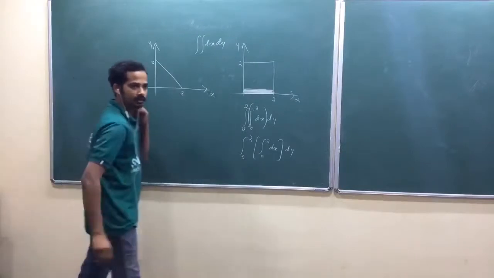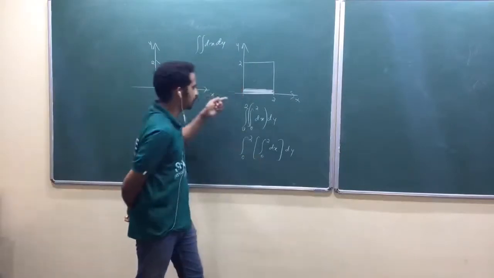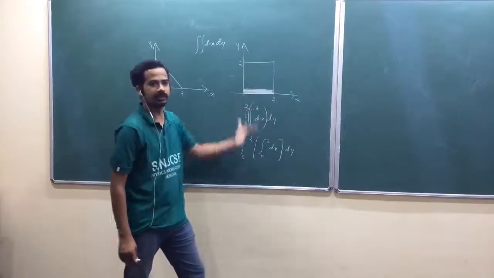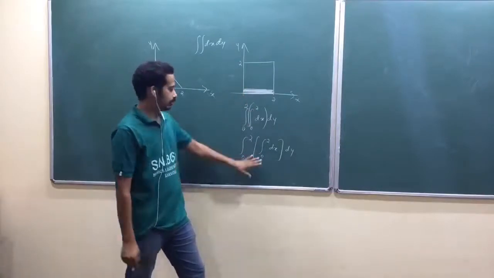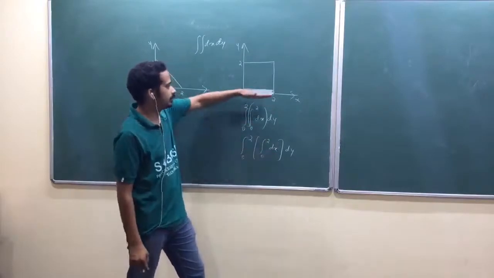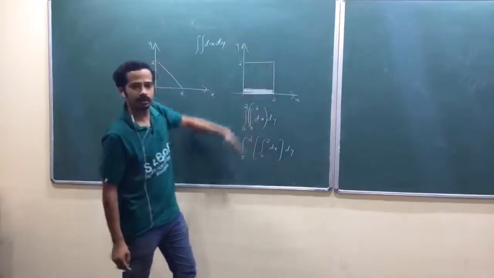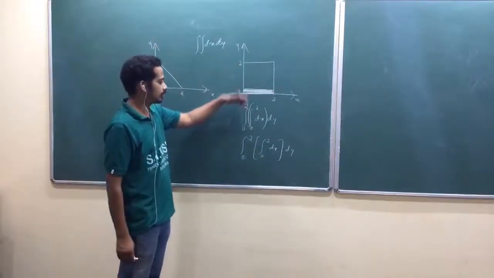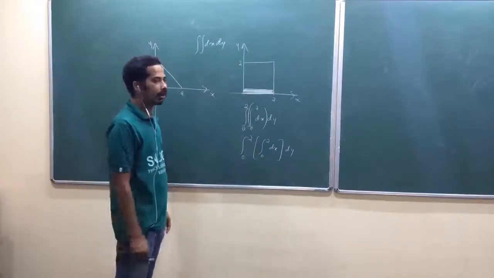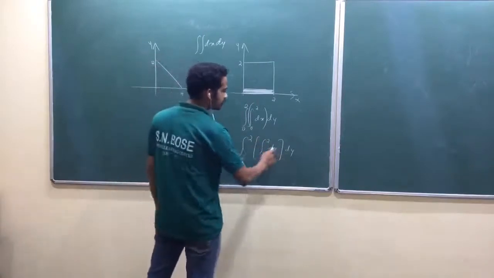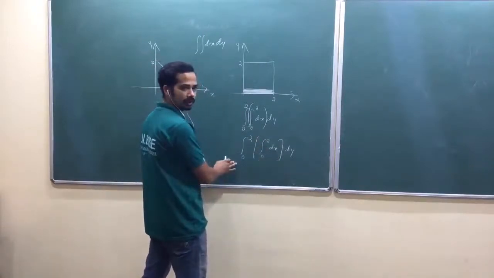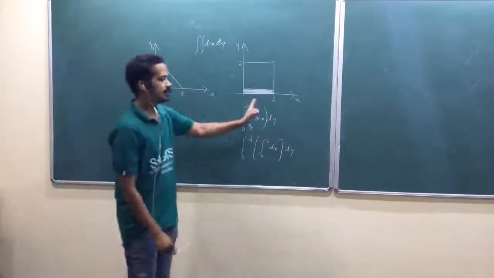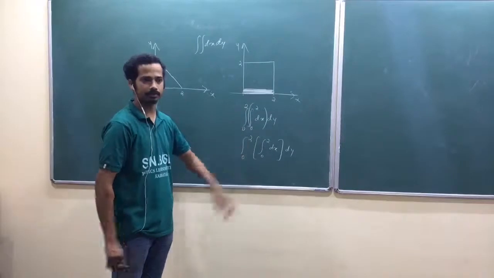Is that okay? So when you do the first integral, you are just finding one line. That integral becomes one line. Line means length actually. Now in the second part of the integral, that line will be swept in the direction of the other axis. So that entire thing becomes your area. Or, if this is constant, you can take it outside and then do the other part. That's also okay. That's again length into breadth.